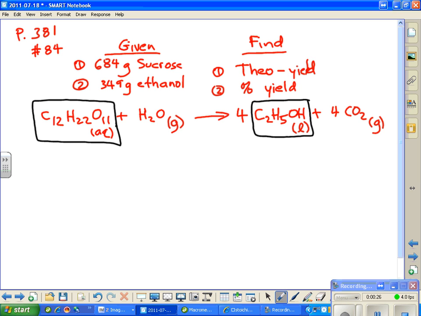So we've got a given, we have a starting amount that we're going to figure out how much ethanol we're really going to get after we figure how much we could get. Okay, so how much can we get? And who wants to tell me, what do I start with? Given over 1. Which one? Sucrose or ethanol? Why sucrose? That's the reactant, yes. Okay, so we go our 684 grams of sucrose